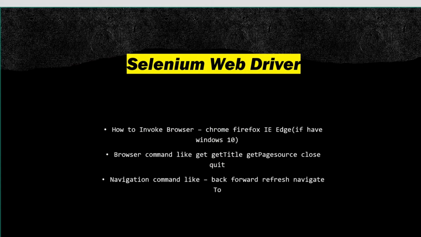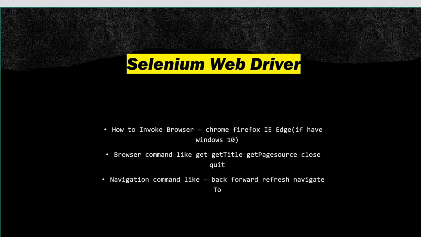Once that is over, we'll move ahead with the browser commands, like how you can put the URL with driver.get. It's a simple command: how you can open a particular Facebook URL, how you can get the title, and how you can get the current URL, to check whether the URL you posted into the browser has been posted correctly or not. All those things are covered in the browser commands. How you can close the browser, and how you can close all the open browsers or tabs. That will be covered in our browser commands.